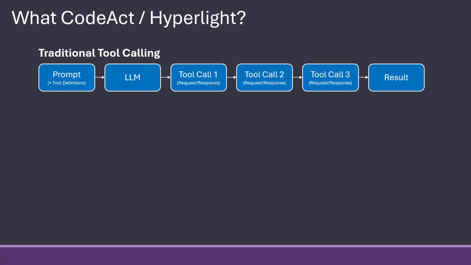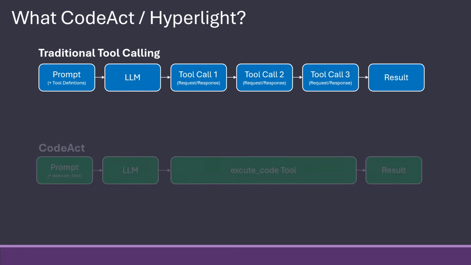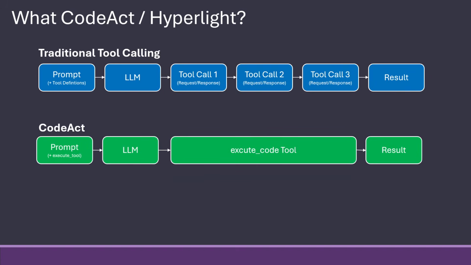CodeAct is yet another way of trying to do something similar, but instead of sending all these different tool calls and giving it all the definitions, which can be token costly, CodeAct wants to do one tool. They want to do one tool that can execute code.